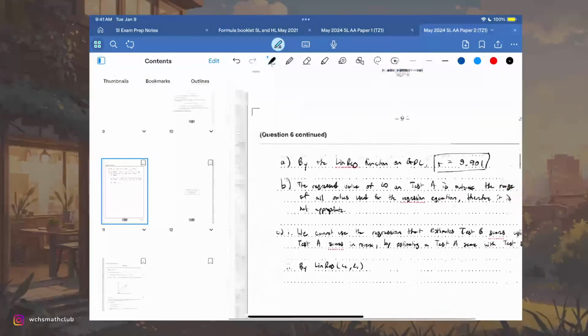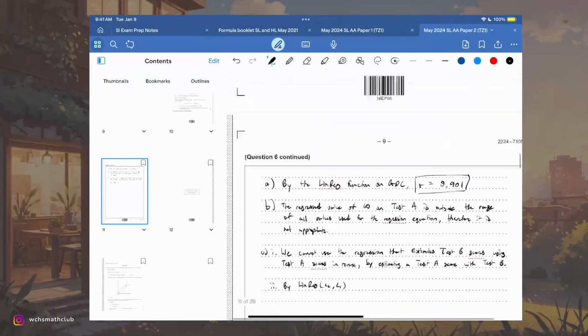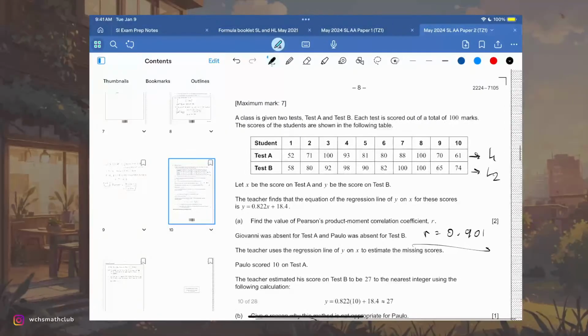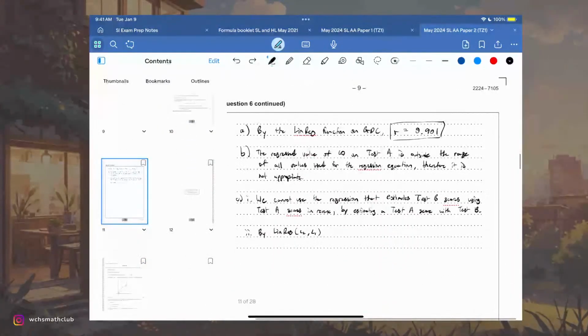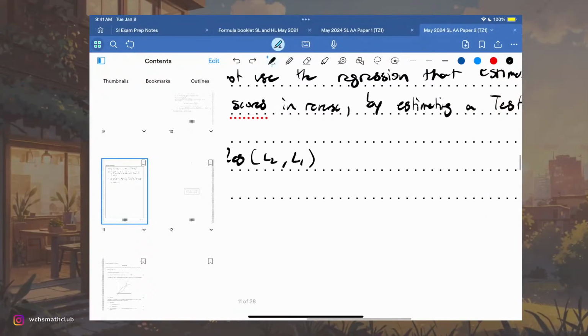Typically on the test you would probably define what L1 and L2 are at first, so you'd say let L1 represent test A, let L2 represent test B, and then of course instead of doing these arrows you would represent them on the actual answer page right here. But so far we're just going to write it like so. So by linreg L2 L1 we have,